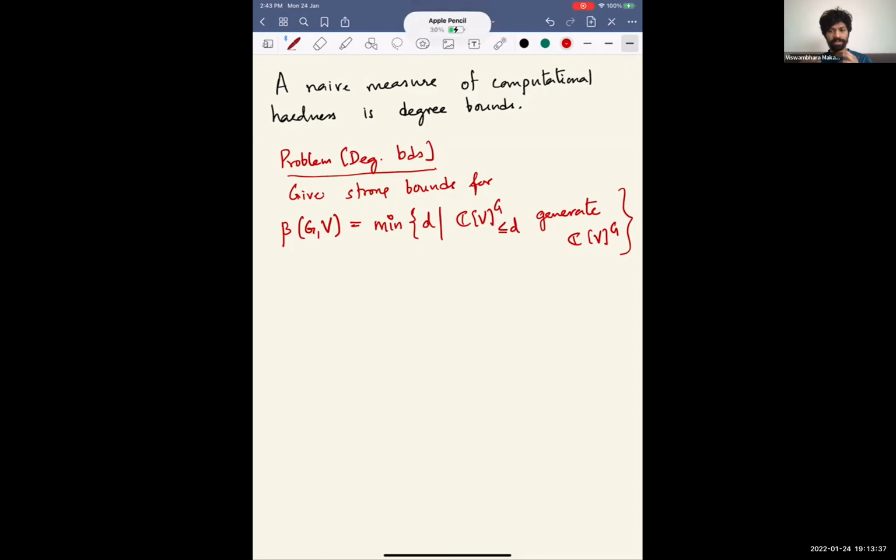Okay, so at least you have somewhere to start. Forgetting about how long it takes for you to do any of these things, if I asked you to find the invariants of degree 17 for a particular action, you could do it. It'll come down to a linear algebra computation. Okay, it's possible to do it. But if you don't know to which degree you have to go to find all the generators, you would never know when to stop. So in that sense, having a bound at all is necessary for any sort of algorithm to be able to stop. Okay, so complexity aside,